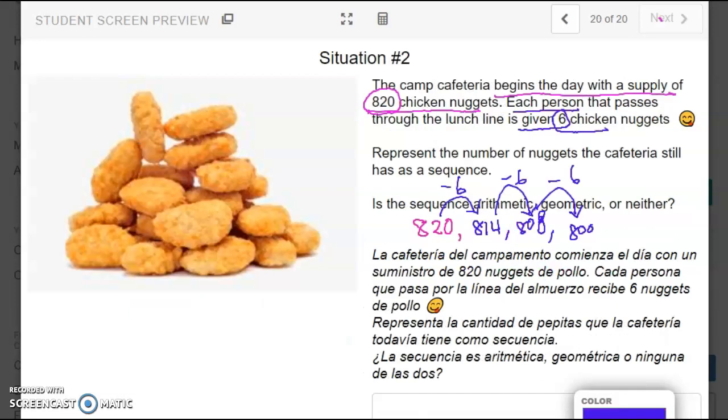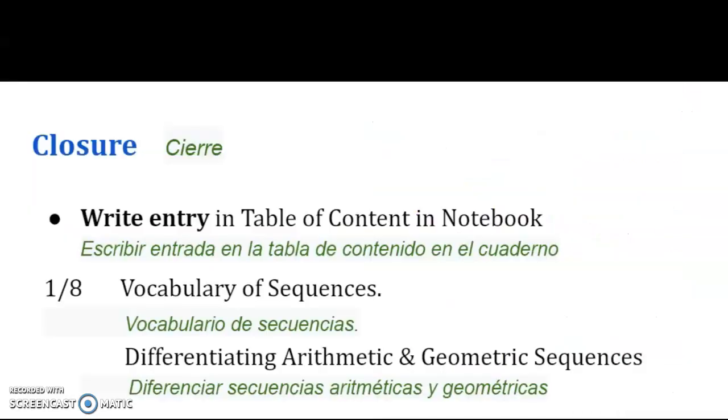For the last card, we're starting with 820 chicken nuggets. And then each person that passes through the lunch gets 6 chicken nuggets. That means it's decreasing by 6 every single time. So 820 becomes 814, 808, and 802, and so on. So in this case, again, this is arithmetic. And this is the last card that